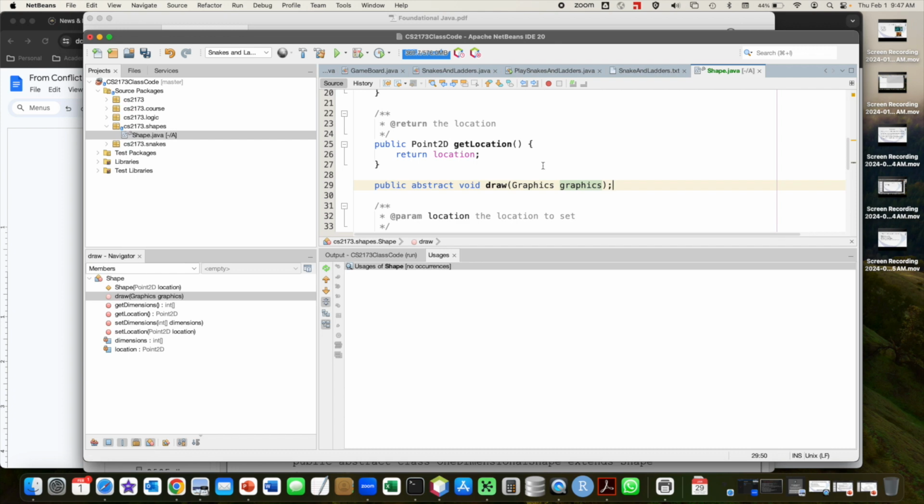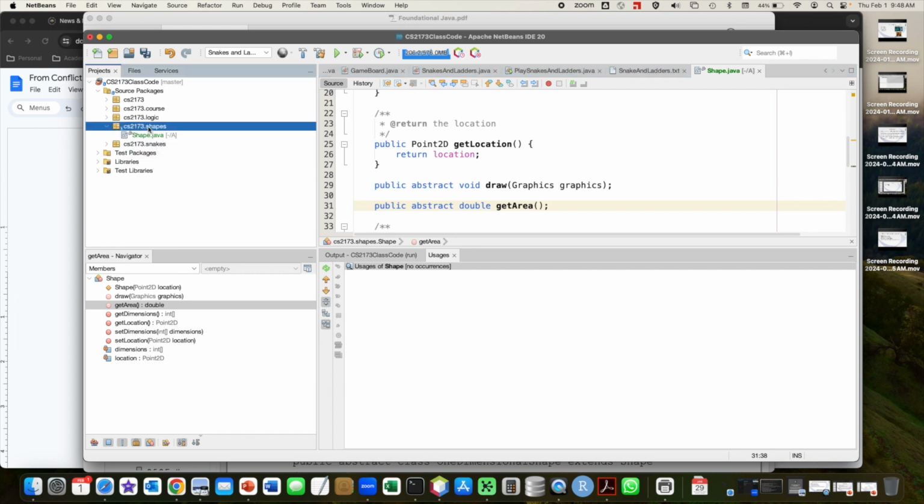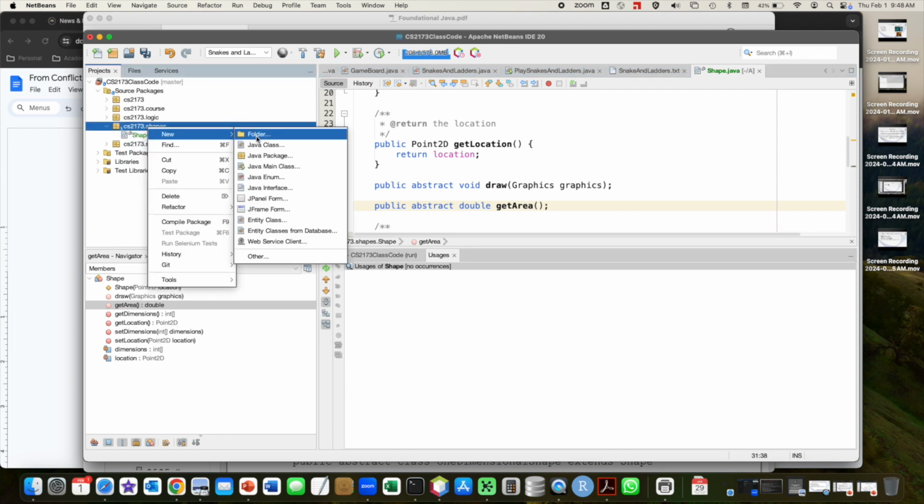This kind of gets into when we're actually drawing things. There's a graphics object that we use, and so we're going to say, okay, we're going to draw it and pass the graphics to it. Let's see, what was the other? Did it have a get area? If it didn't. Okay, so now let's,